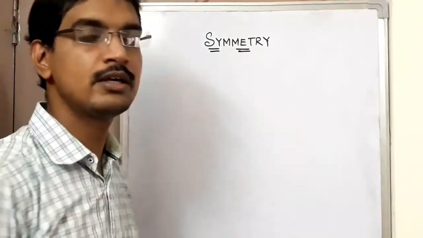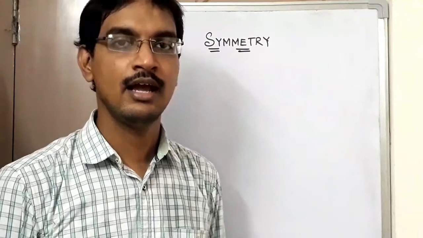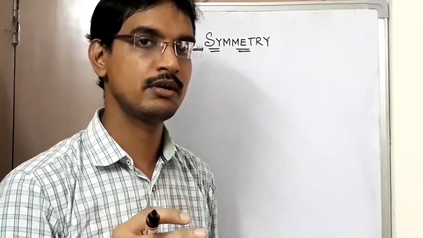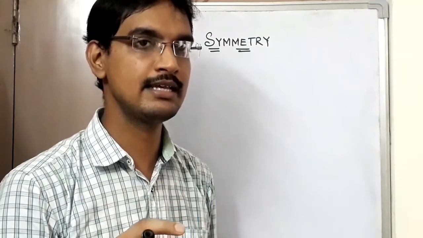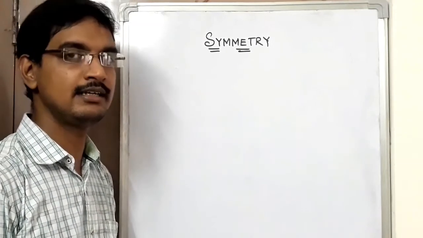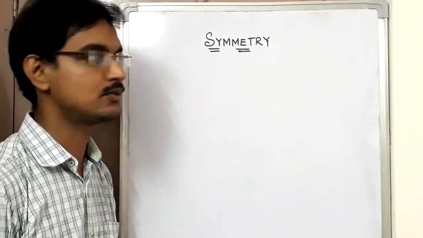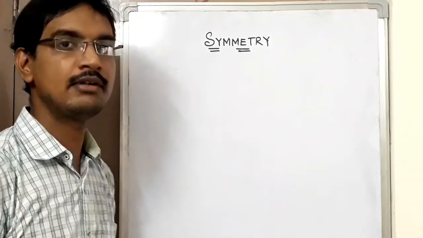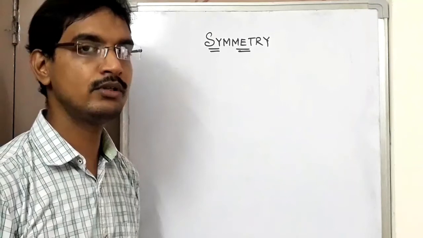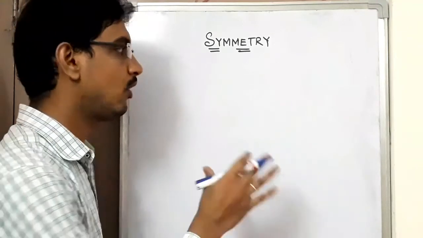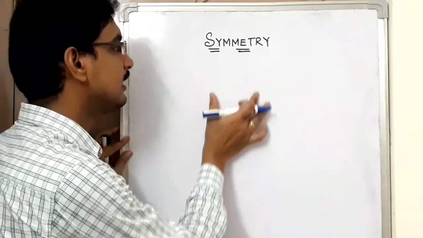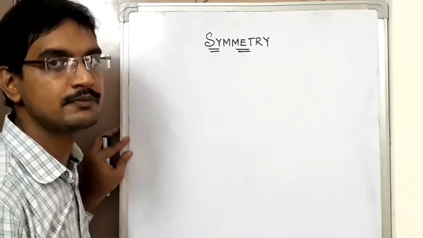As the explanation is going to be more for this chapter and the notes or the writing part will be very less, I want you to follow the explanation clearly rather than writing the notes. For the new chapter symmetry, I will give you guidelines on how to copy and what to be copied into your CW. Before that, I request you to follow the explanation part very carefully. So let us start with a brief introduction to the chapter.